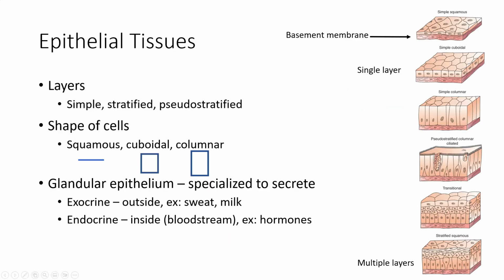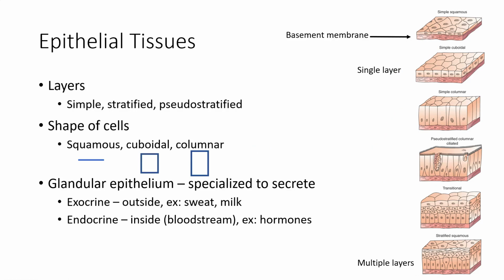There are different types of epithelial cells, and so we're just going to look at them generally based on the shape and the layers. So for layers, you can have a simple layer, which is 1 cell thick. You can have a stratified layer where there are multiple levels, and pseudostratified, where you have these columnar ciliated cells that appear to be stratified but aren't multiple layers. There's also different shapes. So you have squamous, which are flat, cuboidal, which are square, and columnar, which are more